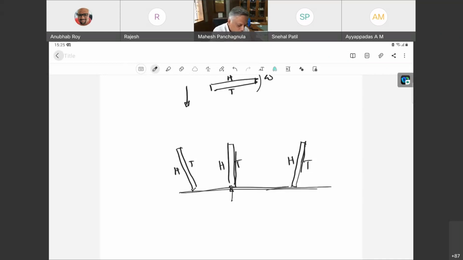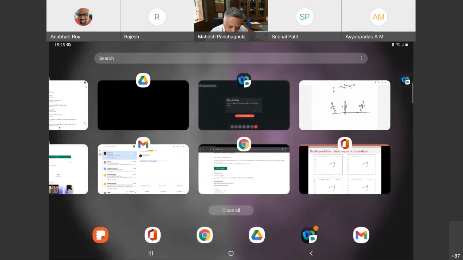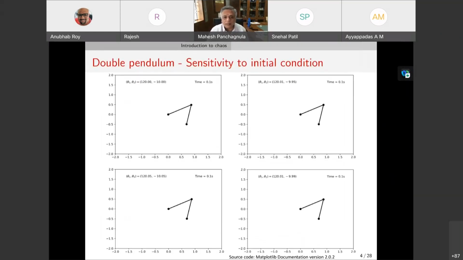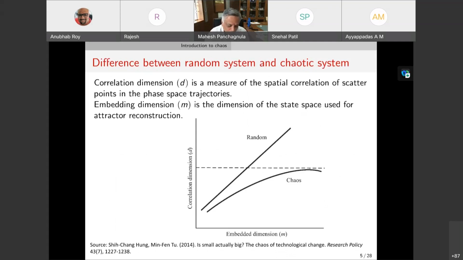So let's go back to the presentation briefly. This is a good point for us to start looking at some examples of where chaos happens. I hope you are beginning to appreciate from a physics perspective where this sensitivity to initial condition arises from. Now any natural or physical system where you have unstable equilibrium points, and potentially a large number of them, is a case where you could end up seeing chaos. So let's take some examples.